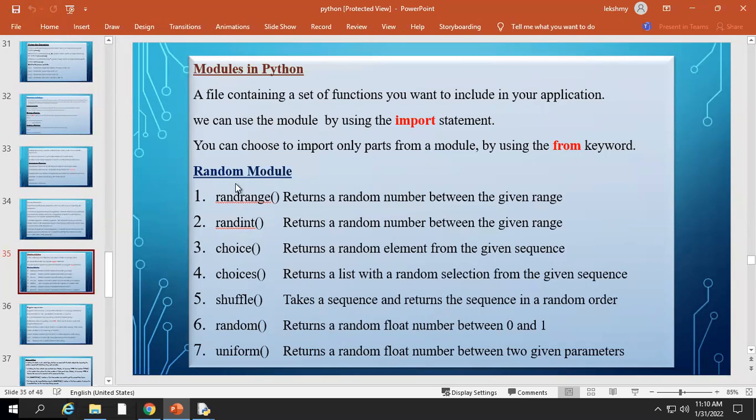Randomly any number you want to generate, we'll refer to this module in our application. So many functions they have created inside that module. Randrange is one function, random number between the given range. Randint is there, which returns a random number between the given range. The difference is, both are generating integer values, randrange and randint. Randrange will work similar to the range function. So range function, how many ways can I use it? You can specify only a single argument. So by default, it will start from 0, and step size is